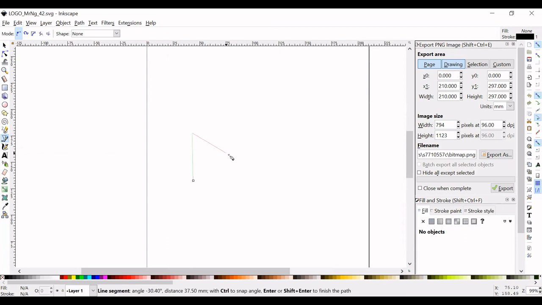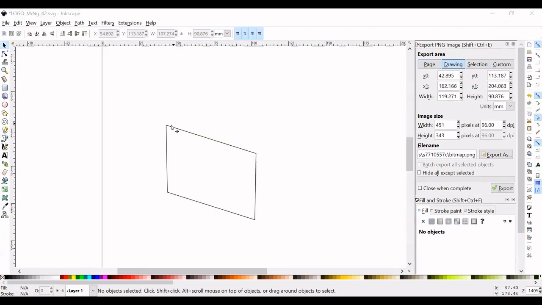Just draw the left side of the cabin. It looks something like this, a parallelogram. Connect the parallelogram. Once you're done with the left side of the cabin, I'm going to do the front